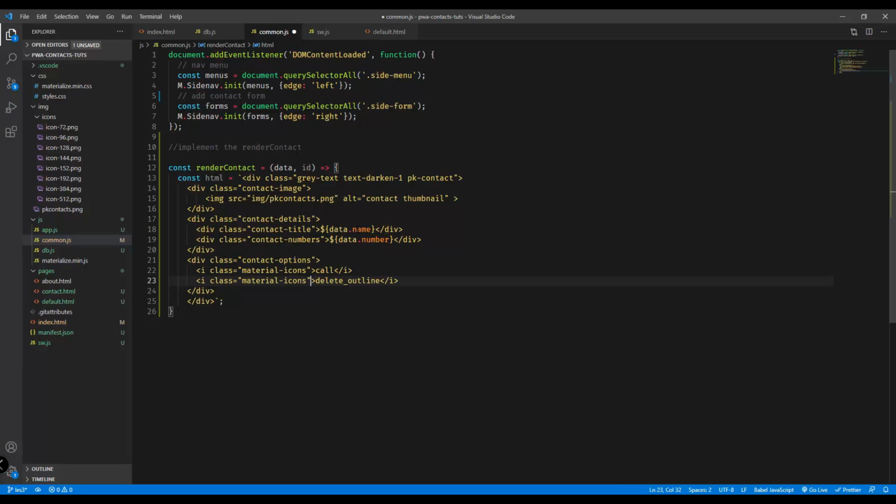icon, then we're going to specify the data id, or data attribute with id, and we're gonna add interpolation again here, specifying the id. So we got this id coming from our parameter. There you go. And after render contact, we will also add